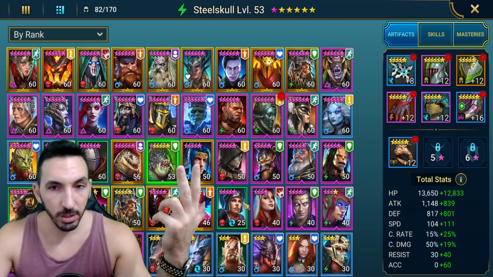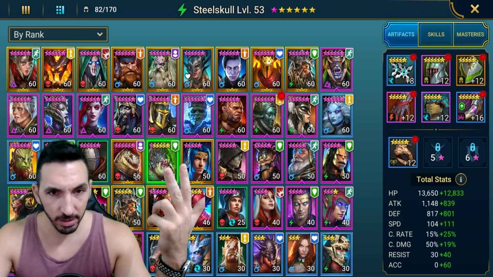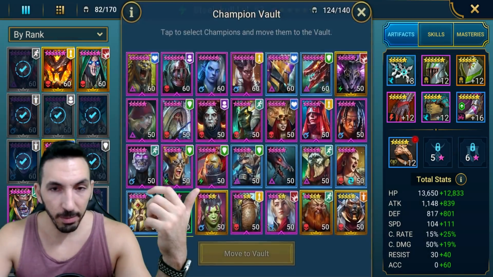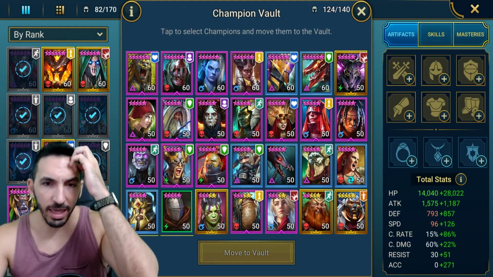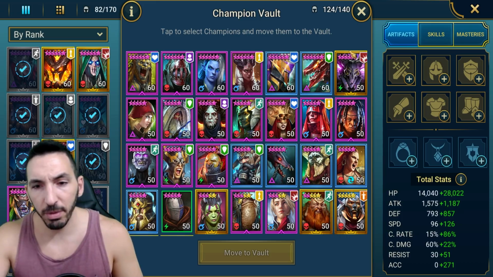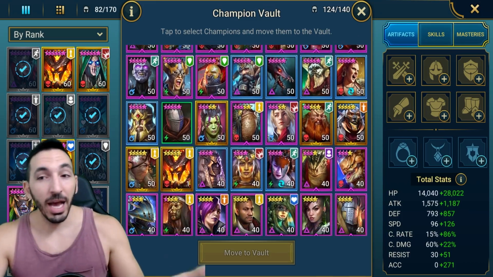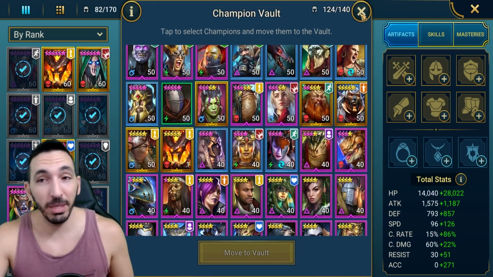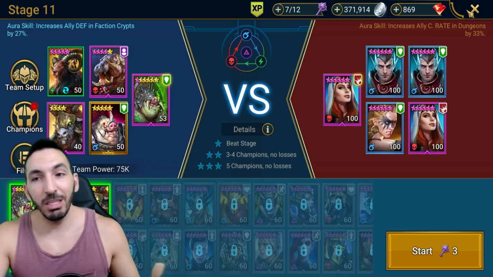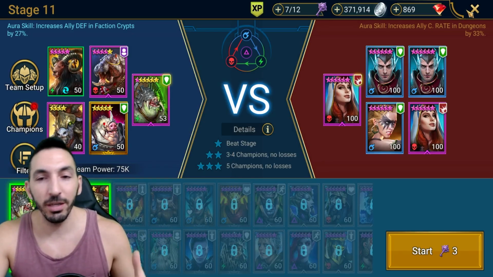Where's my Allure? Is she in the vault? Am I blind? Is it both? Yeah, I got my Allure to 6-star. I think I did one more. Or no, maybe not. Yeah, I didn't do them. I have my Vizier in the vault at the moment. I mean, I can't focus on 10 areas at a time. I mean, I could develop Vizier